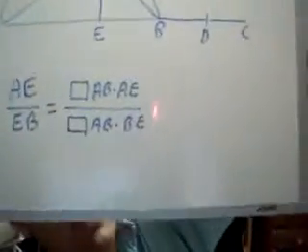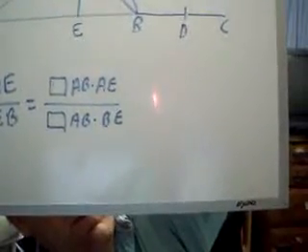Okay, there's your ratio right there. While the rectangle AB, AE is equal to the square on AF. So now what we're going to say is